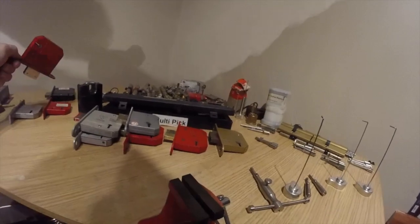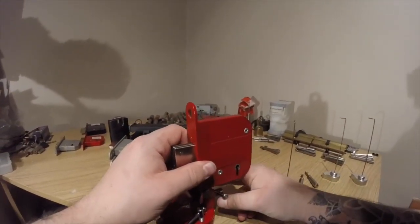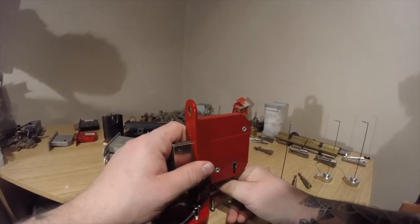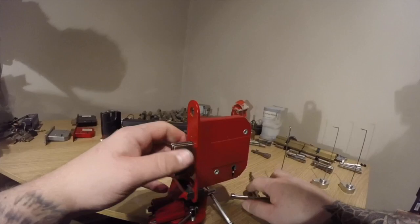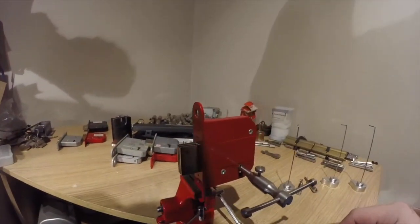Let's go for Fortress there. I like picking these. Again, this is probably one of the most common locks for all the UK, and I think probably most of us have come across these at some point. If not, they're daily. Some people fit them. So